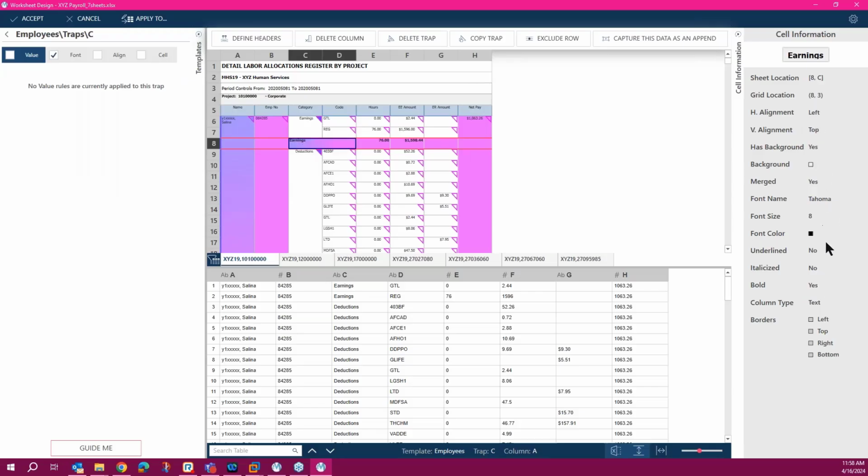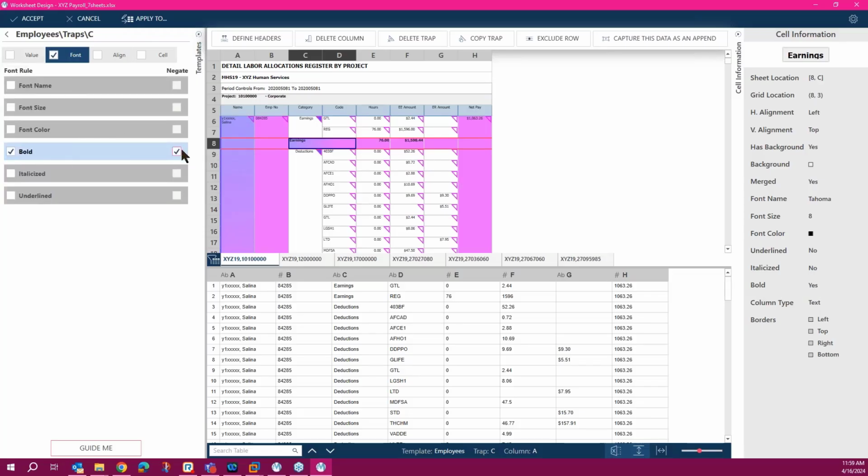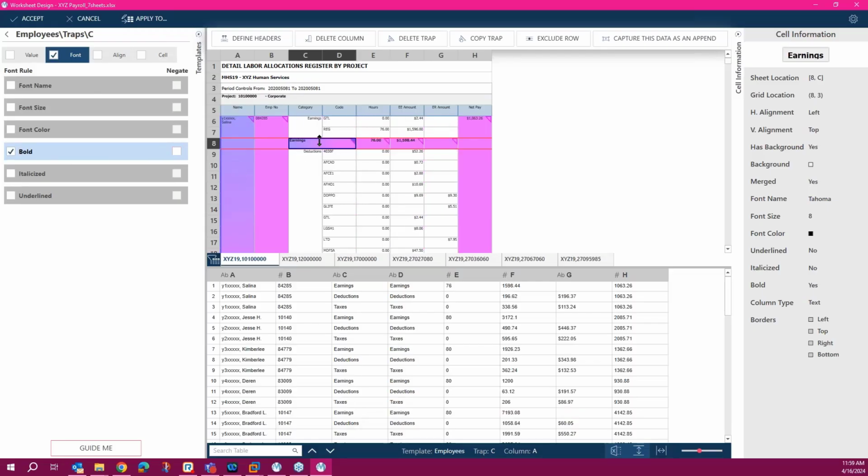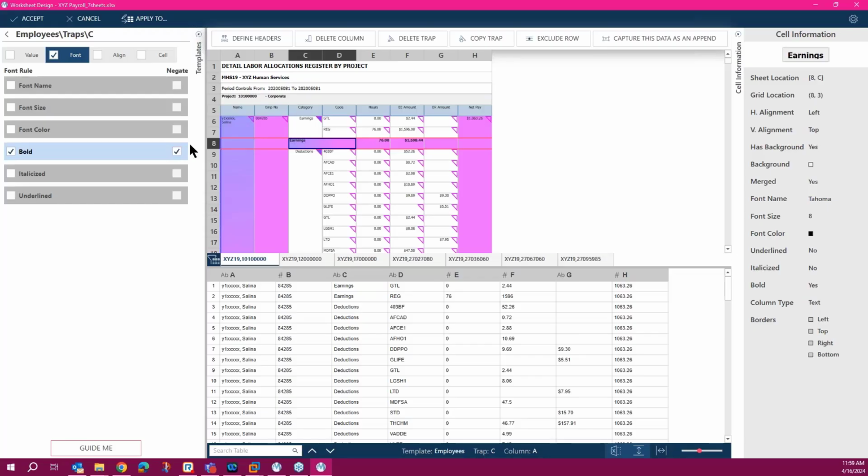It's bold here. For some reason, yeah, bold, yes. So it's bold, and it's just negating bold. If I uncheck this, then it will display the totals. By negating it, it just removes it.